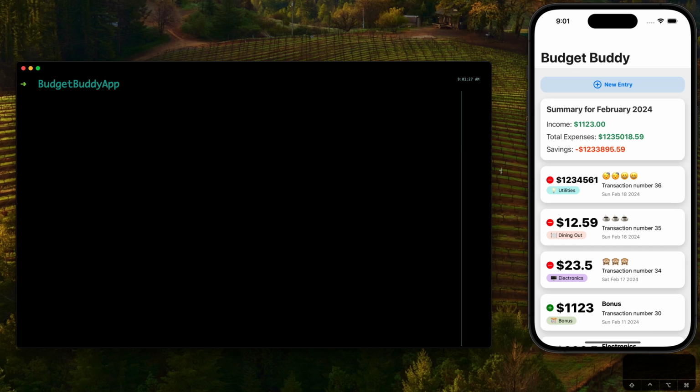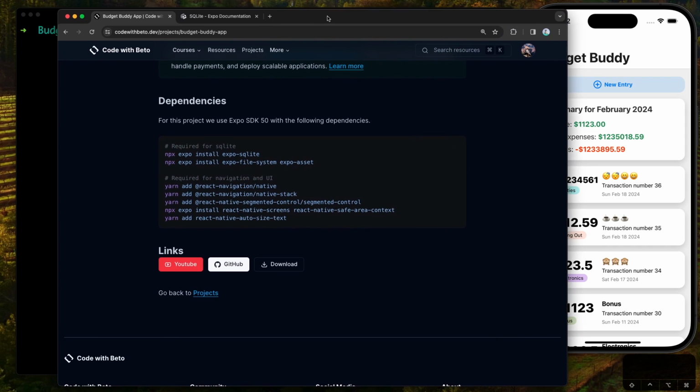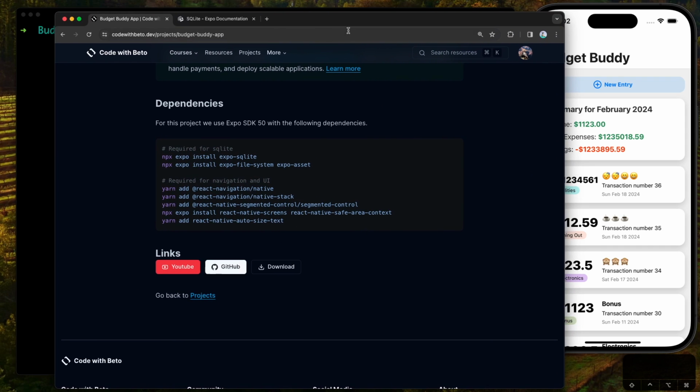And budget body app folder, it's going to contain my React Native project as well as my database. So let's actually start by creating a database. Alrighty guys, so before we actually start creating our database, you can clone the repo, and once you clone the repo,